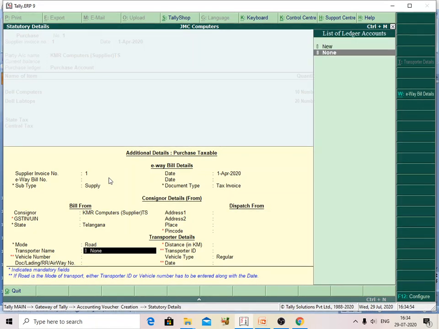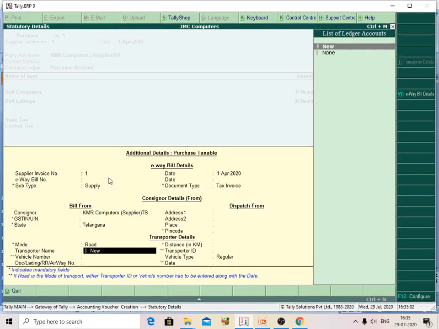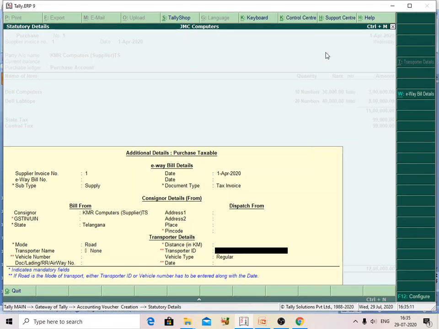It is road, okay. You can give the transportation for the shipping also, and the number of kilometers also you can give. If you select new, or you can select none, and you can give the vehicle number also, and transportation ID, okay. So dates.